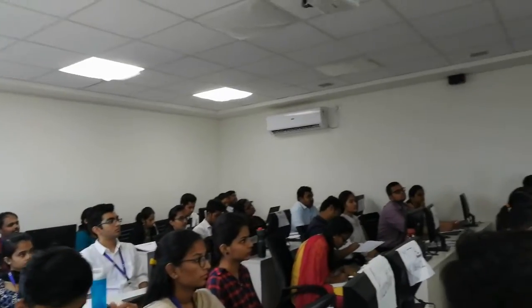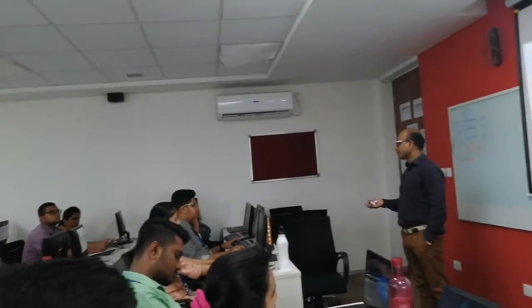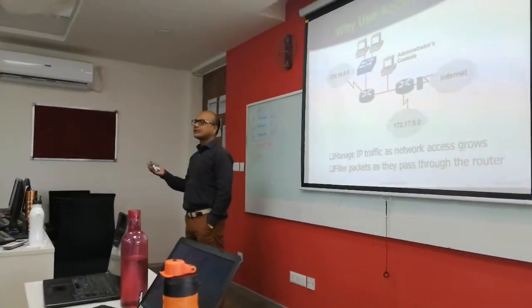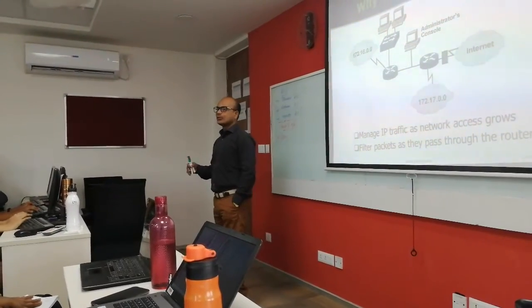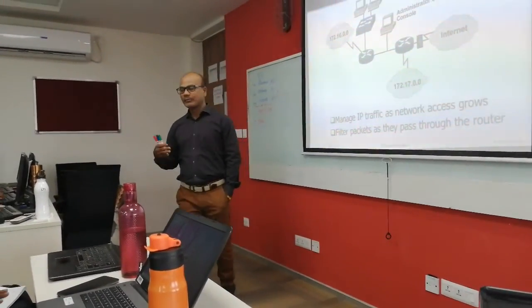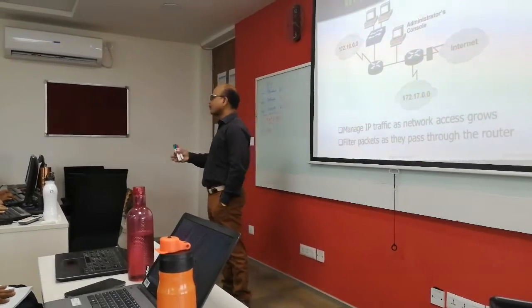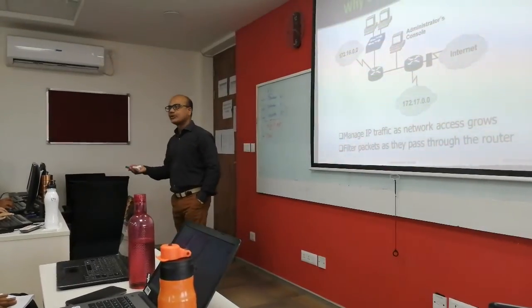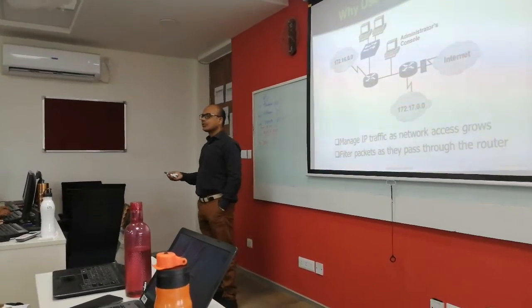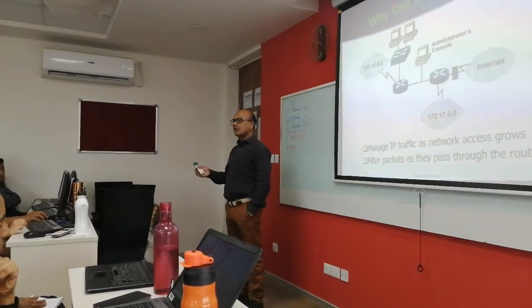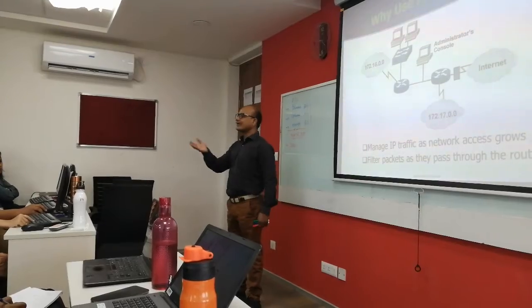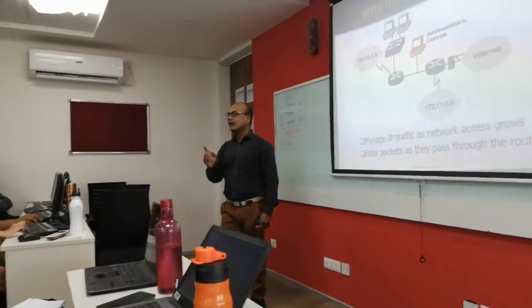For example, you have two different networks. They can communicate, but they cannot access each other using telnet. You can block telnet, and blocking can be done based on the name of the protocol or the port number. What is the port number for telnet? 23. And the port number for www is 80. Blocking www means you cannot access the internet, but you can still communicate within the network.